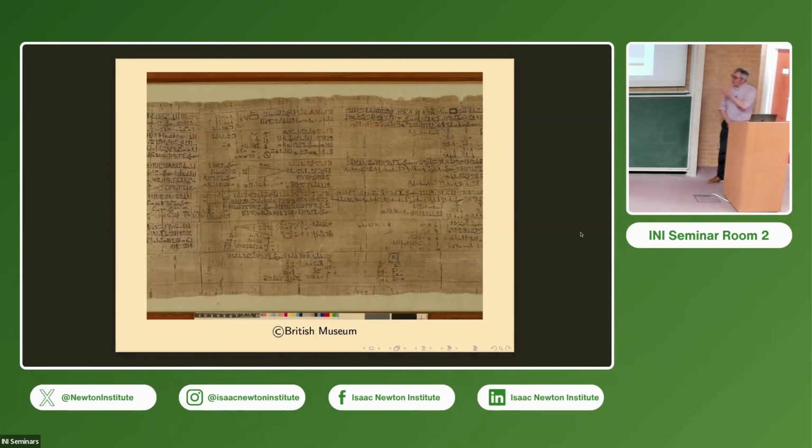But certainly he didn't excavate this. He bought it from an antiquities dealer in Luxor, so ancient Thebes, which is why I pointed it out on the map at the beginning. It's very well preserved, so it probably came out of a tomb in the nearby Theban necropolis, but we don't know for certain where it actually came from.